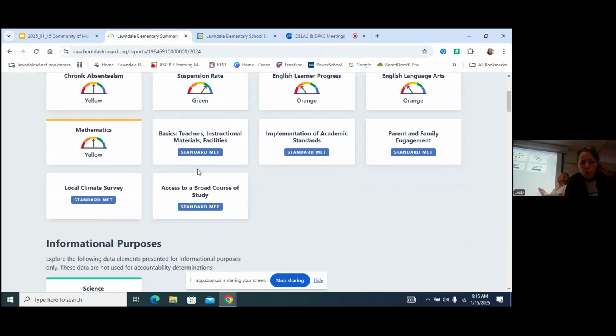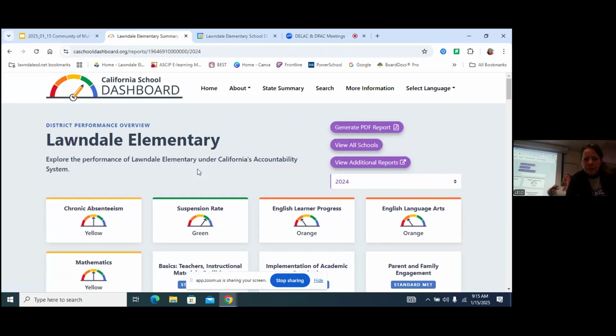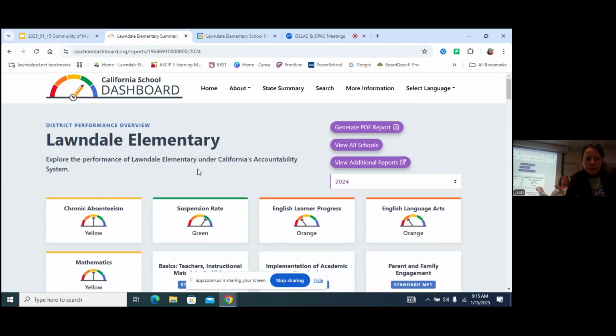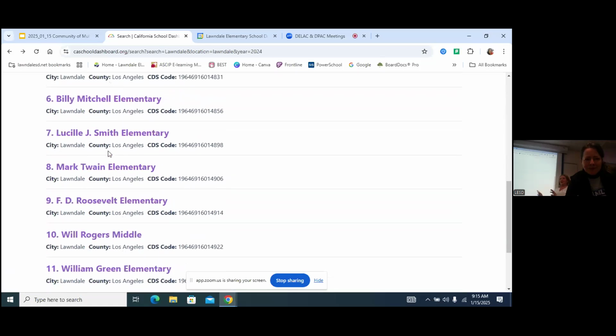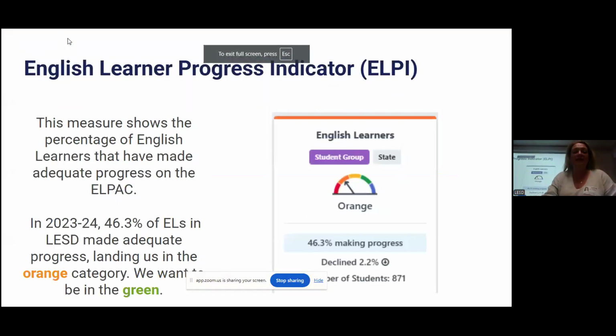And look at all this information that we have. Now, what's great about this website is that you can do it at a state level. You can do it to see all the schools. You could do it at a district level and you could do it at a school level. So you have details compiled of all the information out there to have. You could get lost in here. So start with your school. What I mean by lost is that there's so much information that you just keep going, like, now I want to find out about this.